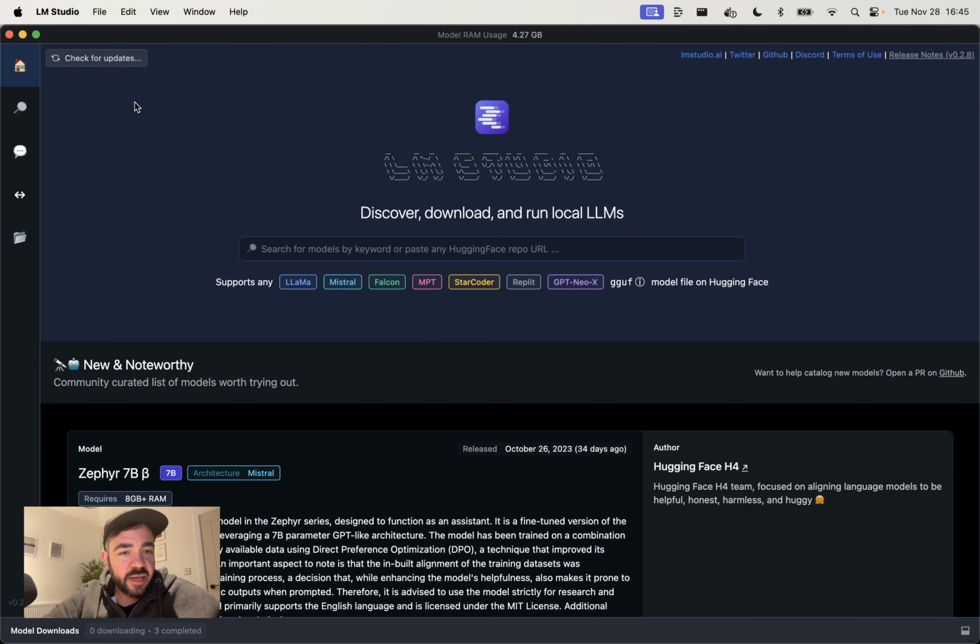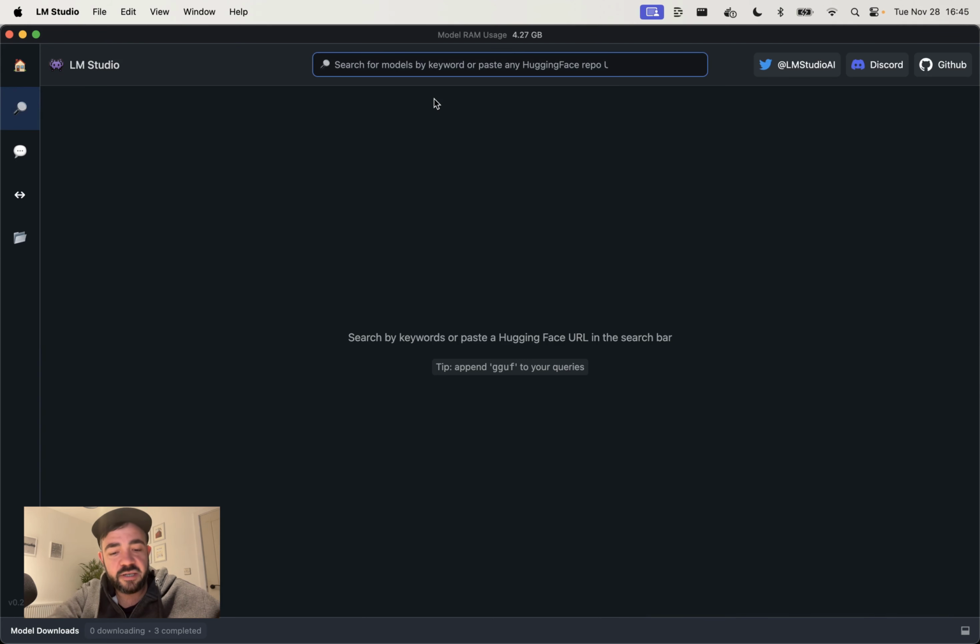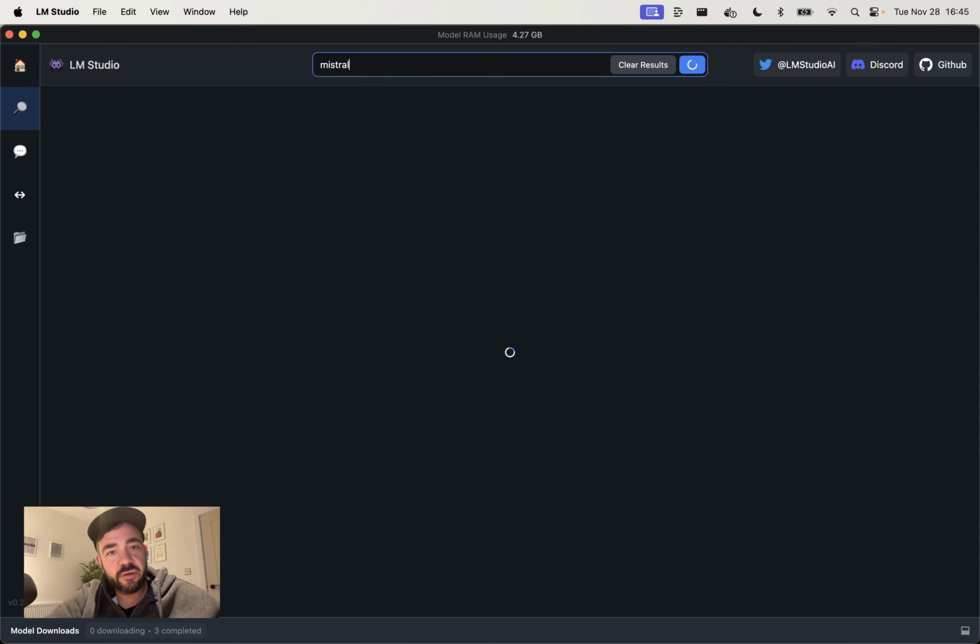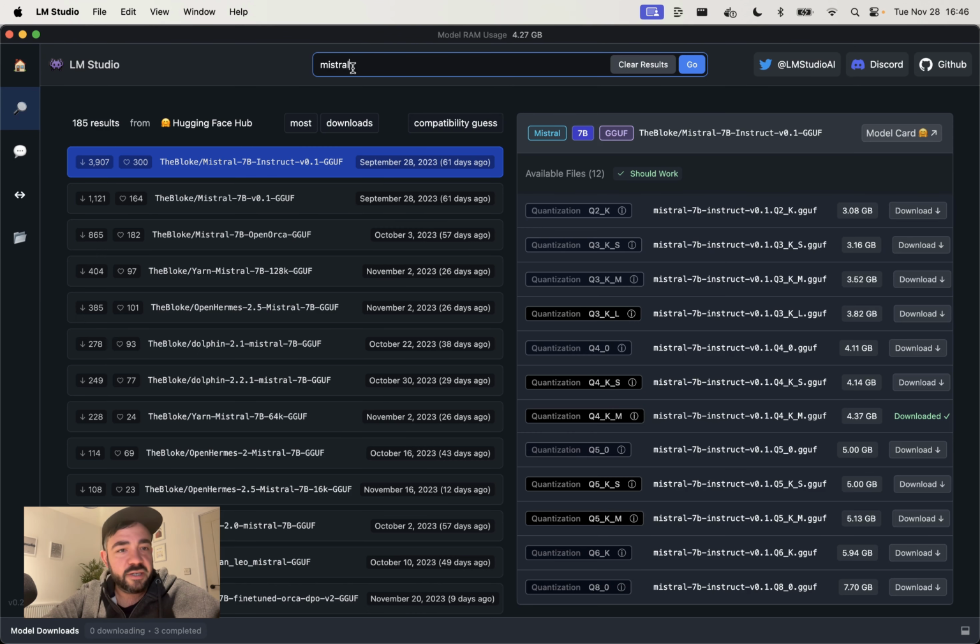Cool. Now, the way this works is you need to search for a model. Say, for example, if you wanted the new Mistral model, which is a pretty small model, you can run it on your local computer. Then you can search and it comes up with the Hugging Face hub. You can see which ones have the most downloads, and this is the Mistral model with the most downloads here,